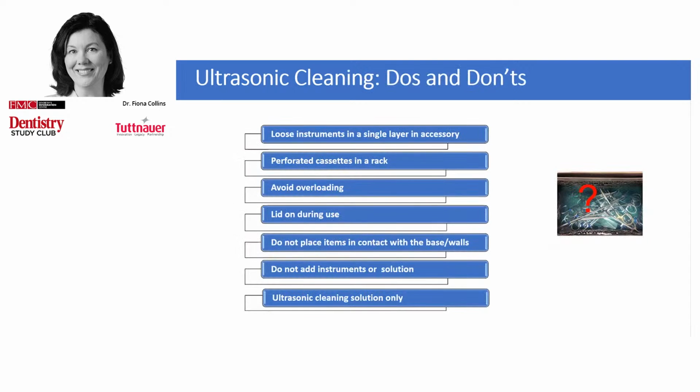I think many of us have seen containers that were overloaded, maybe not as overloaded as this, but certainly overloaded. And the problem is, again, that the bubbles that form and implode will not be able to access the areas where the instruments are close together in proximity or actually touching. So basically, they won't be cleaned in those areas. Again, perforated cassettes in a rack and avoid